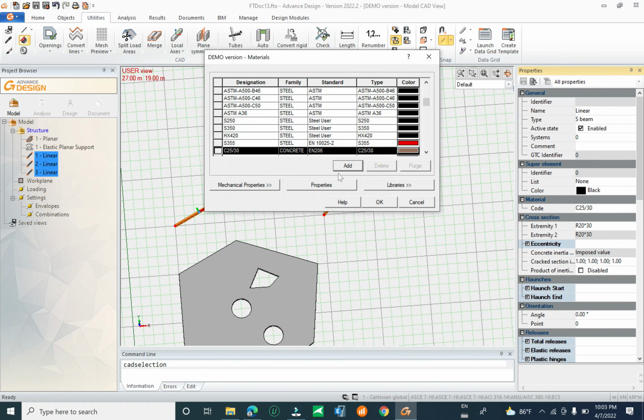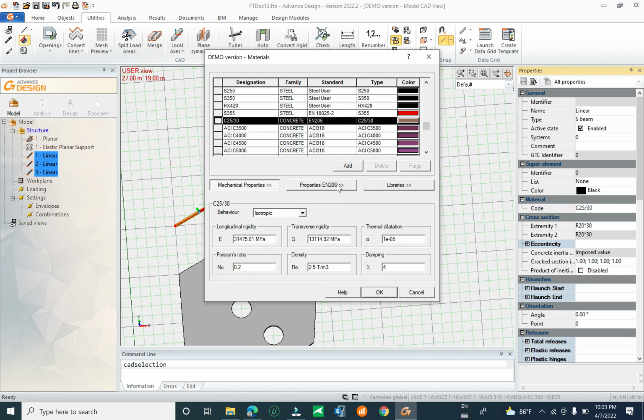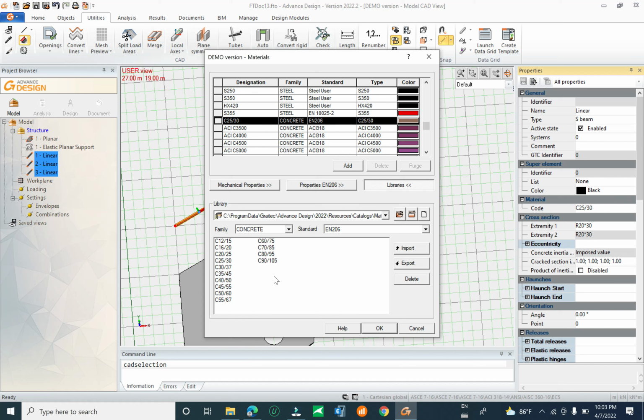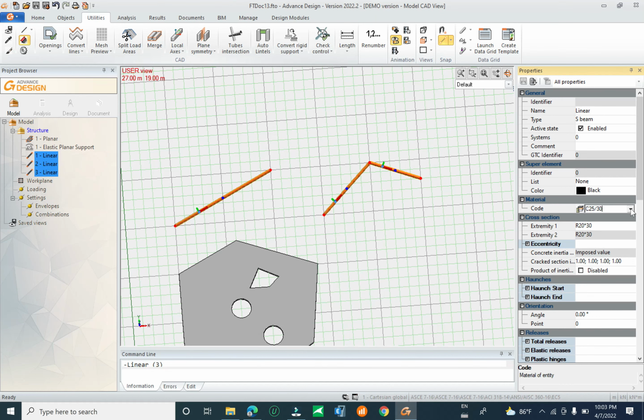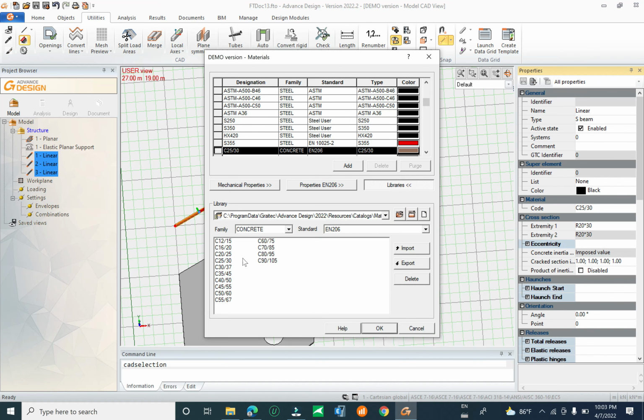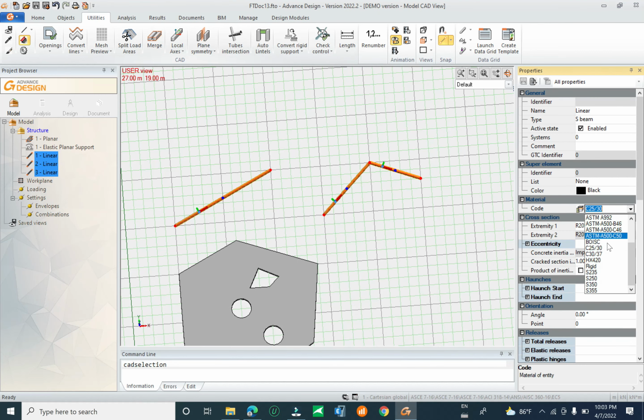You can change the concrete strength. You can import the concrete strength. You can import from the library. Now I want to import 30 megapascal, and you click on the C. Now come back to the library, 30 and import. Okay. Now come back and select the 30 megapascal, and you see here, for the